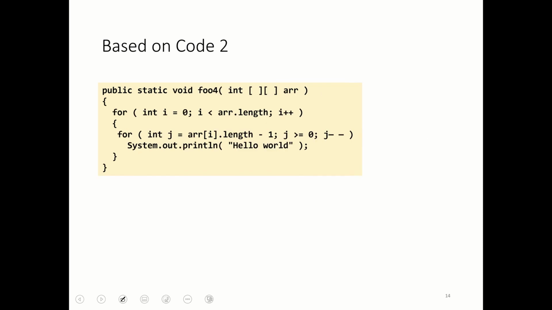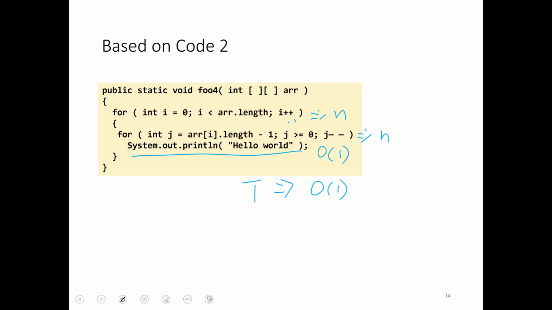Okay, let's take a look at another example. In this example, we have one line over there, and each line indicates big O(1). Since we have two for loops, and one for loop is nested inside the other, we consider this loop is n times, and this loop is n times. So basically, the time we have is